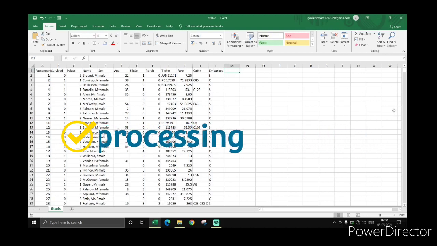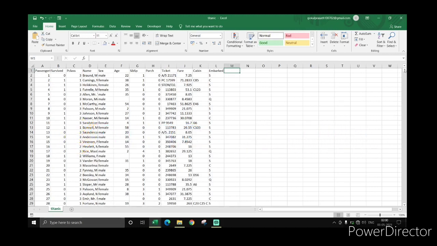The first step involved in getting an insight from the data is data pre-processing. So we are now starting with the data pre-processing. From these 12 attributes, we don't require each and every attribute. We would just throw off those attributes which are the passengers' personal details like name, and SibSp, parch, and others like ticket, fare. They are not required data, so we would simply cut them off, and finally only 5 attributes will remain.